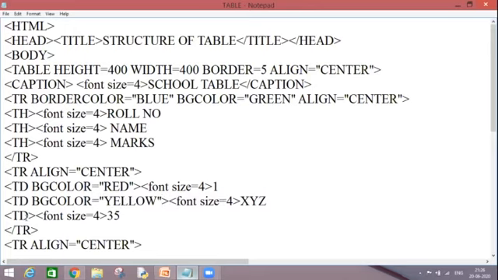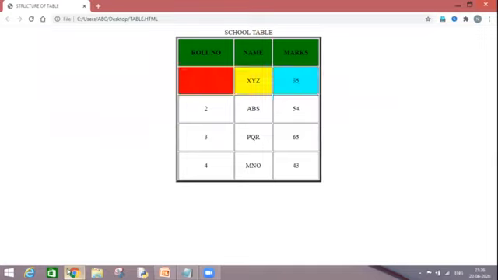Then the background color of my third cell can be this. Control S. Now let's have a look. See, so what is happening?